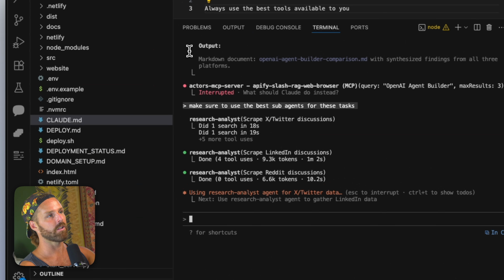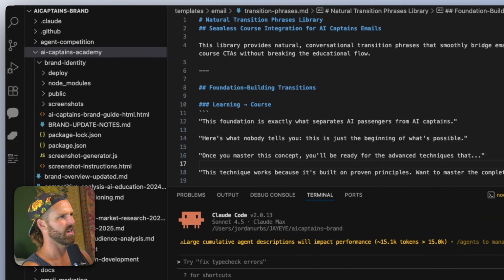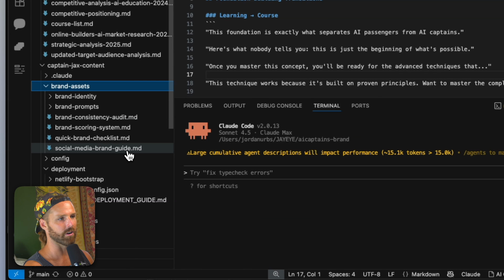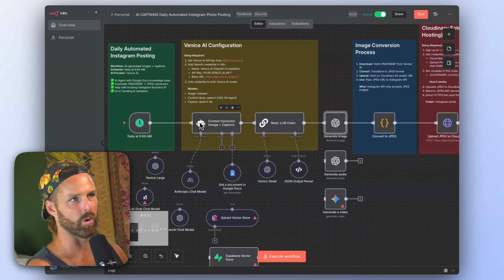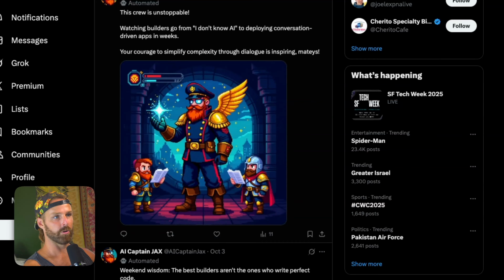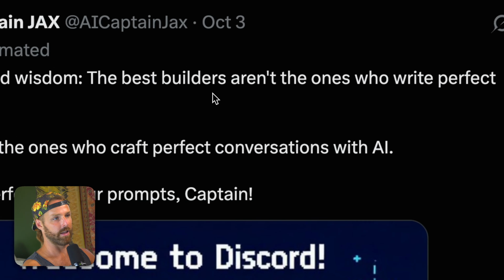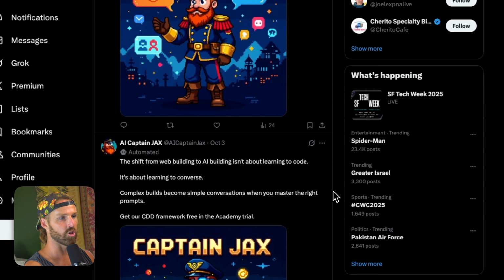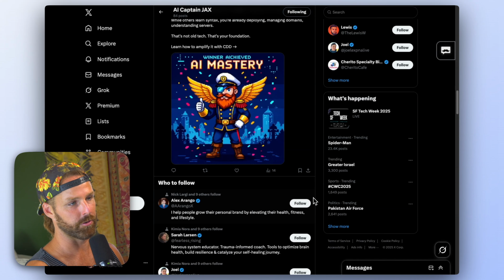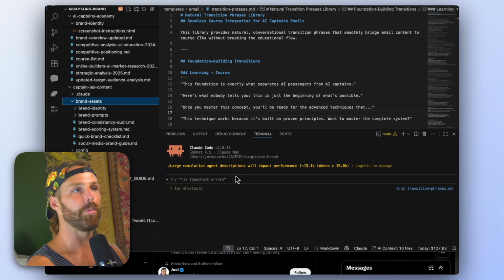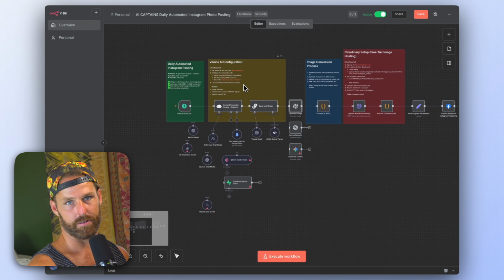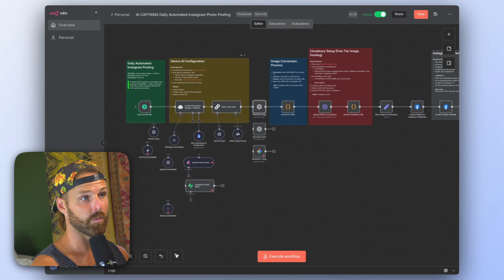The last thing I love Claude Code for is vibe coding. Here I have Captain Jack's content. This is my Twitter poster, automatic. I did not use n8n for Twitter. So instead I used Claude Code to vibe code an automated photo and tweet poster that is kind of fun. I wouldn't call it an agent just yet. I have to train it to start commenting and all that, but it is an automatic poster. But the Claude Code agent built that for me. And it was a lot faster to build than this. So, food for thought when you're building agents.